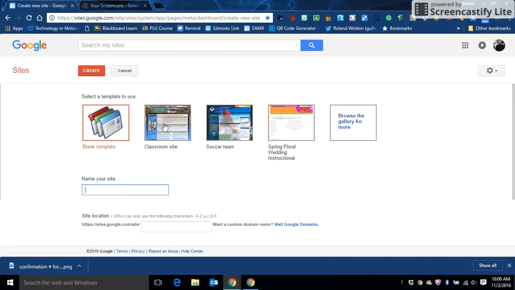So if you want to use the same template that I'm using, that's fine. But for right now, I'm going to use a classroom website just to make it simple for me. So I'm going to click on the classroom website, and then you're going to name your site. And what I want you to do is name it with your name and then the course that we are teaching, right? So I'm going to put in my name